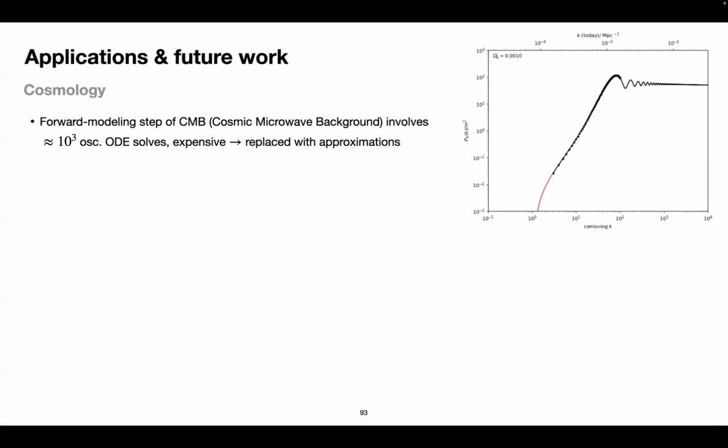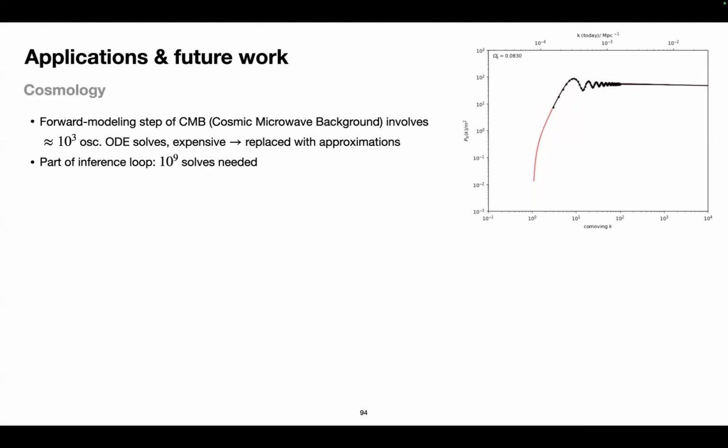The issue is that modeling these fluctuations involves about 10 to the 3 oscillatory ODE solves for each parameter combination that you start your simulation from. So you want to simulate a bunch of universes with different conditions, and for each of them, you need 10 to the 3 solves. What I'm showing on the plot there is a quantity associated with the universe, with these fluctuations, but you see that the plot moves. From one frame to the other, I changed the parameters of that universe a tiny bit.